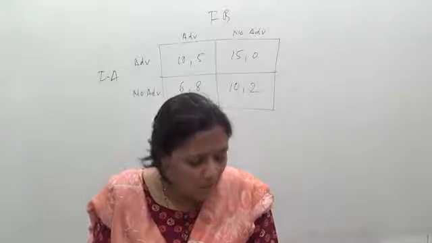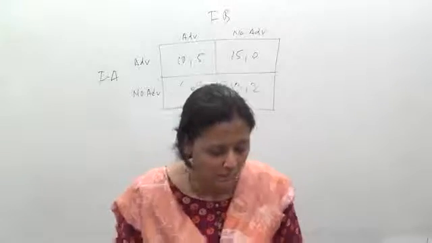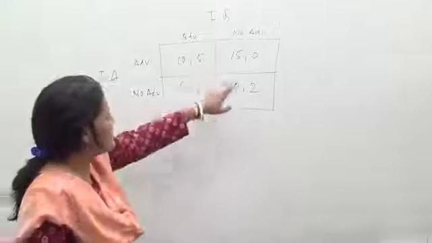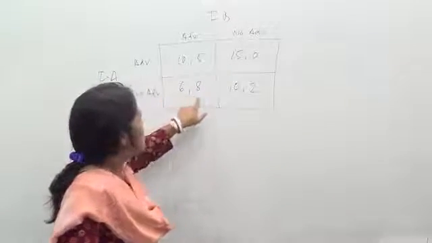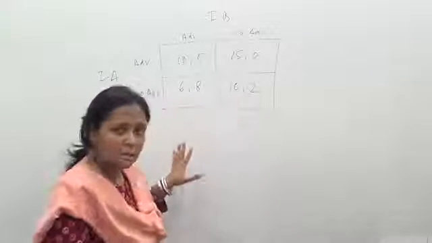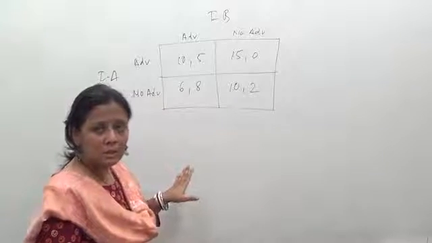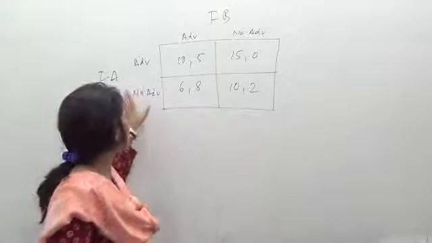That's very interesting, with a payoff matrix for an advertising game. You can see the equilibrium in dominant strategy. Here the payoffs have been found as 10, 5, 15, 0, 6, 8 and 10, 2. These are the payoffs which firm A and B expect to get with their respective strategies of